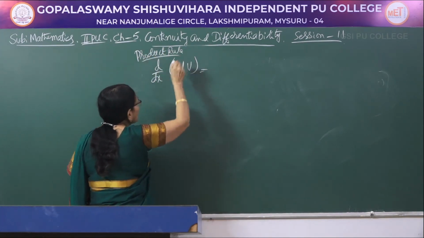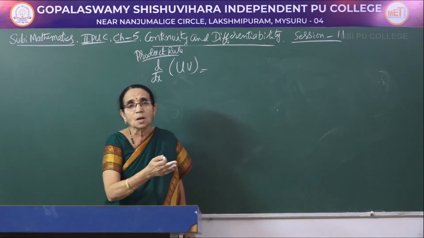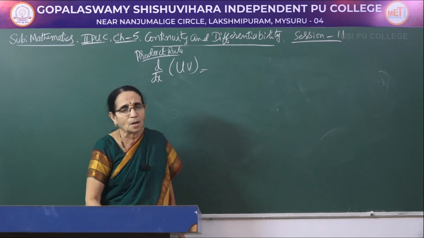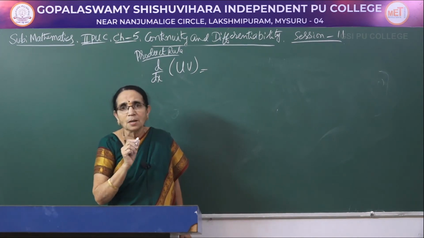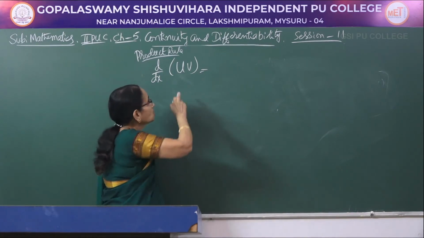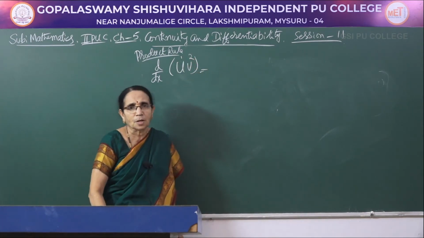See, in the case of addition and subtraction, we just added and subtracted. The same notation, same sign we have on the left hand side would be continued on the right hand side. Whereas the product rule is different, do not get confused. It is not the product of the derivatives here. Now, u is known as the first function, v has been taken as the second function.